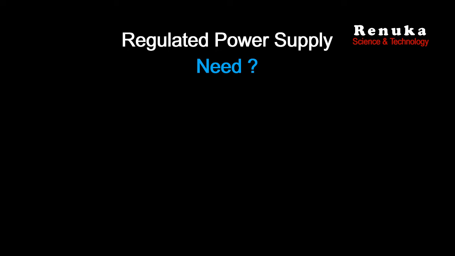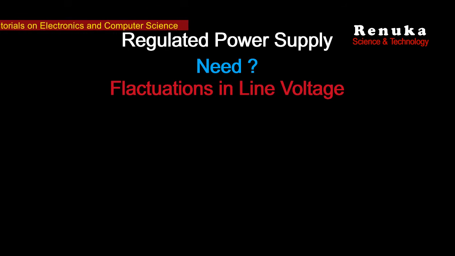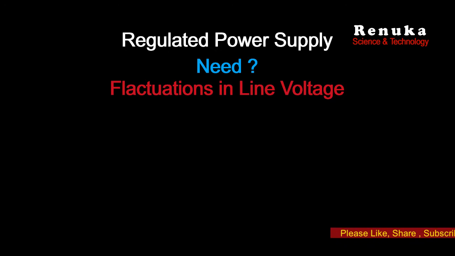So whenever the load in a circuit is increased, it will need more voltage, and the second parallel connection or third parallel connection will reduce that voltage. Now this creates the fluctuation. So a regulated power supply is such a power supply whose output voltage is always constant, even if there is a variation in the input voltage.